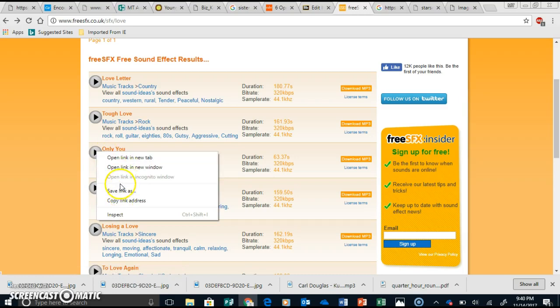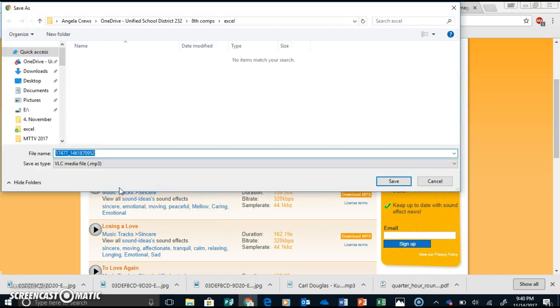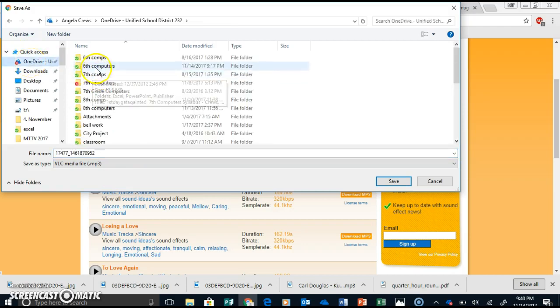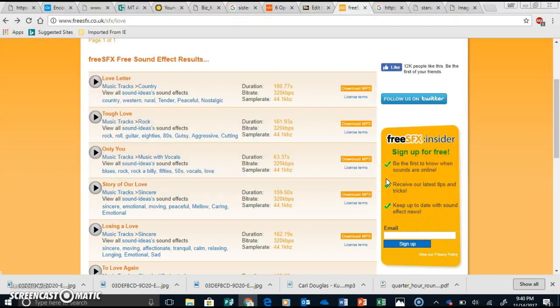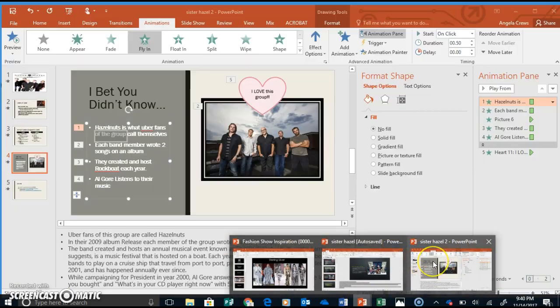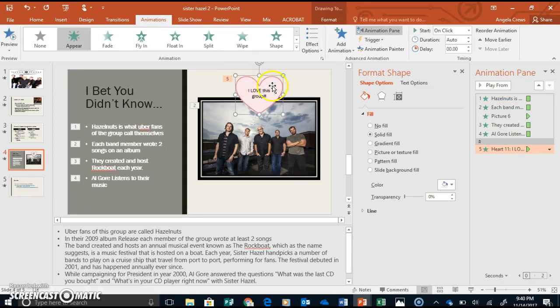Go to Save Link As. Find your files in your OneDrive in your computers folder and rename it like clapping or whatever. Okay. Then go back onto your PowerPoint, and I want that to play when this heart appears. So I'm going to go to